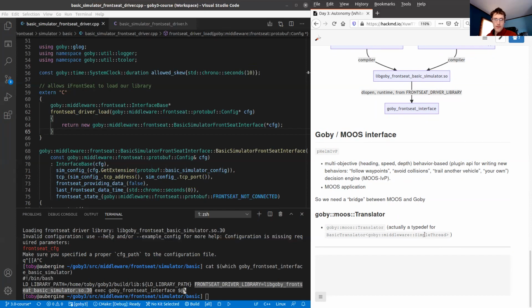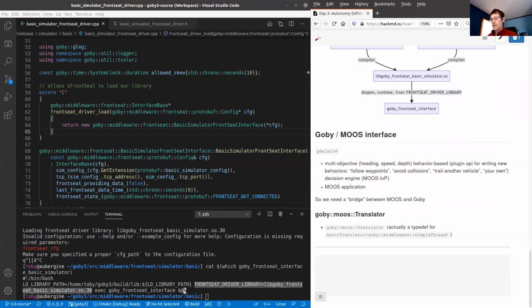Simple thread is, as you may recall, the inter-vehicle, inter-process, inter-thread 3-layer hierarchy that we've been working with this week. But you could use the translator class with a different hierarchy if you wanted to. This one's pretty common, so we have this typedef for it.